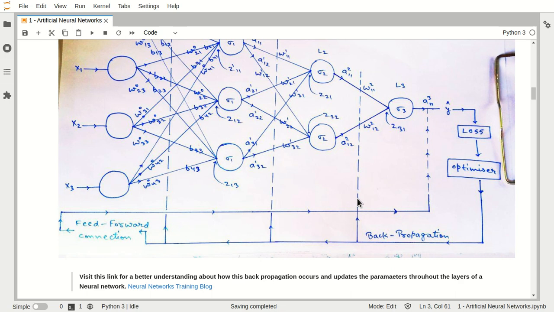And can I say that this error factor is perpendicular to this one or this one? So a similar kind of relationship, a similar pattern we are going to get here, because this error factor will depend upon your weights and your bias.